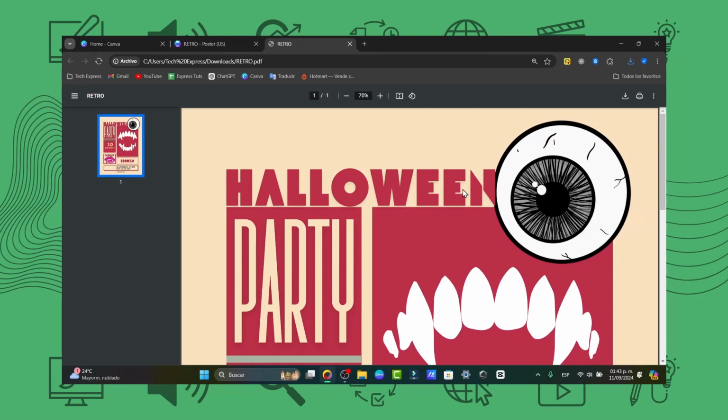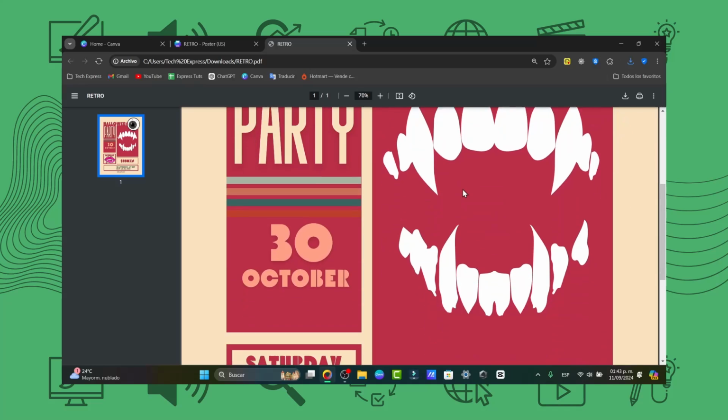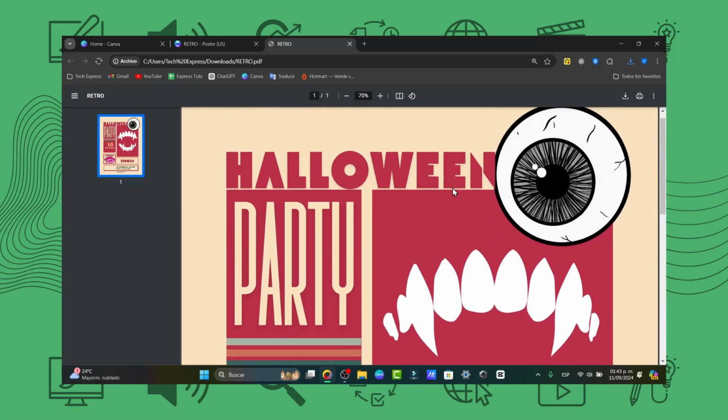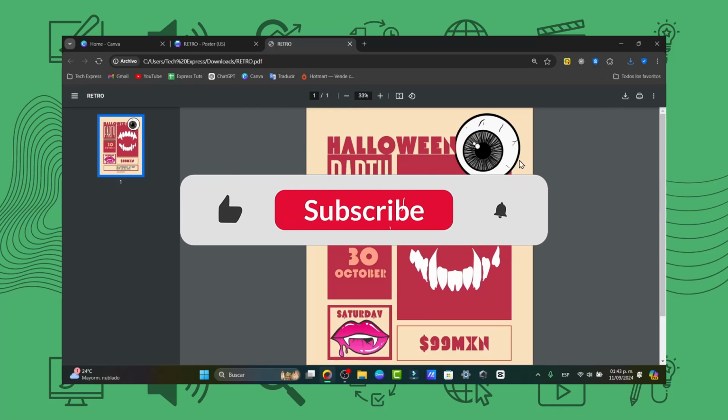So that's it, guys. You have just created a beautiful custom poster using Canva in a few easy steps. So whether you are promoting an event, advertising a sale, or creating a personal project, Canva makes it simple and